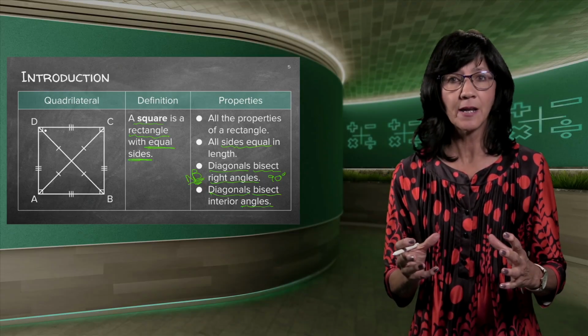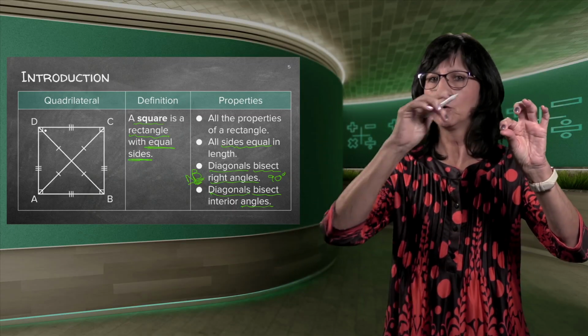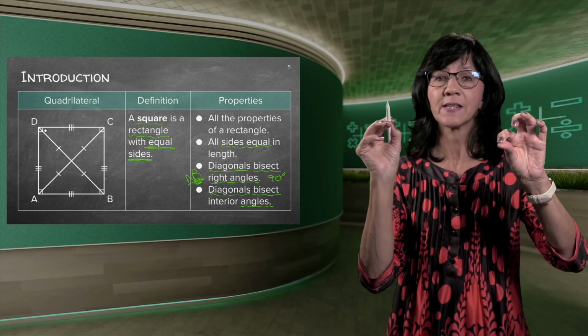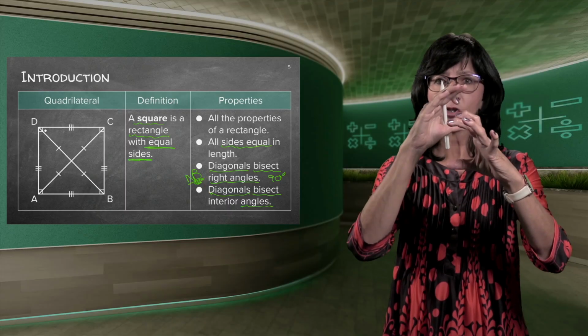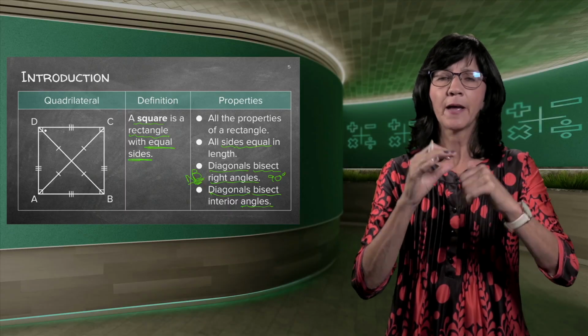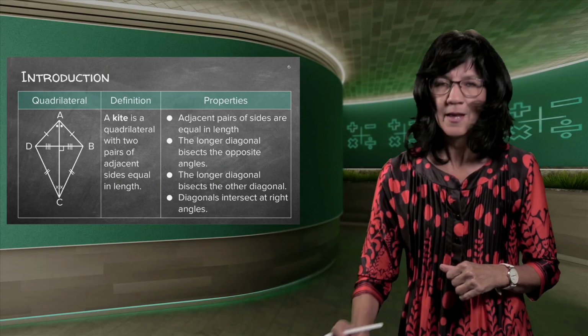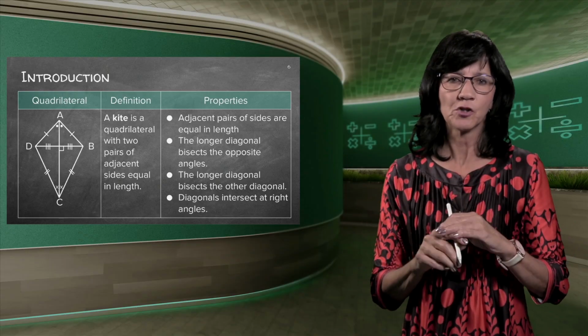But again, as I say, if you draw a long flat rectangle, you will clearly see the diagonals bisect one another, but it does not bisect the angles. If you draw a nice square, you'll see that the diagonals do bisect the angles, and they bisect one another at 90 degrees. Good. A kite, I'm sure all of you know a kite. A kite is what we used to play with.